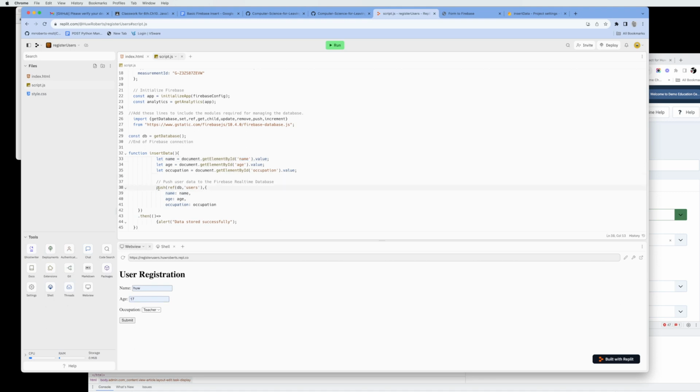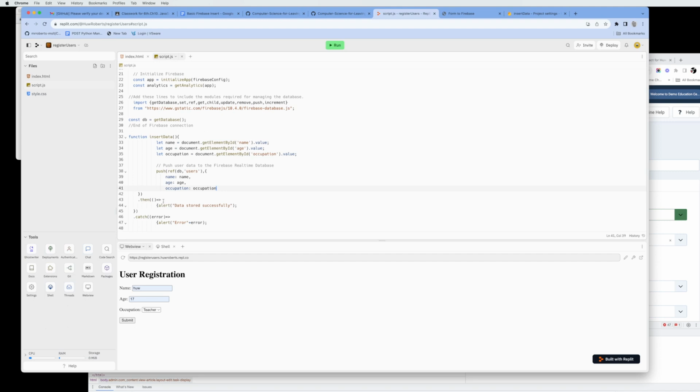Now this line here, what this does is the push, and then it references, so it's using the push library, which is here, what we imported, and it's referencing the database, and we're giving the database a name actually called users. Now we could change that to something else if we like, but we'll leave it as users for now. And the data that we're pushing in the form of a like a JSON or a kind of dictionary type setup is a name, which is going to be the name of the column, if you like, in the database, and then we're grabbing the variable, and then the age column and the age variable and the occupation column, the occupation variable. So they're all going into the database,